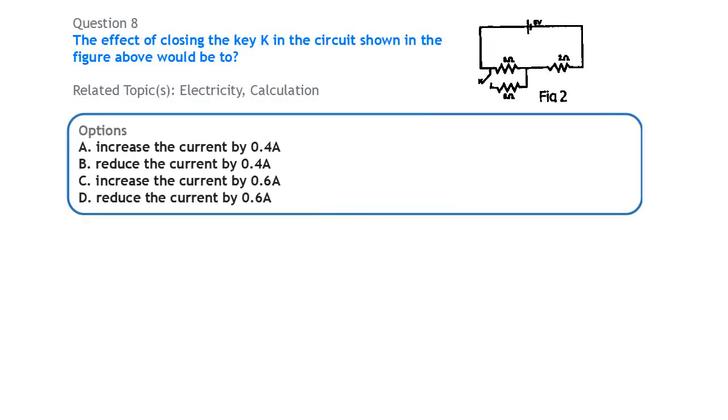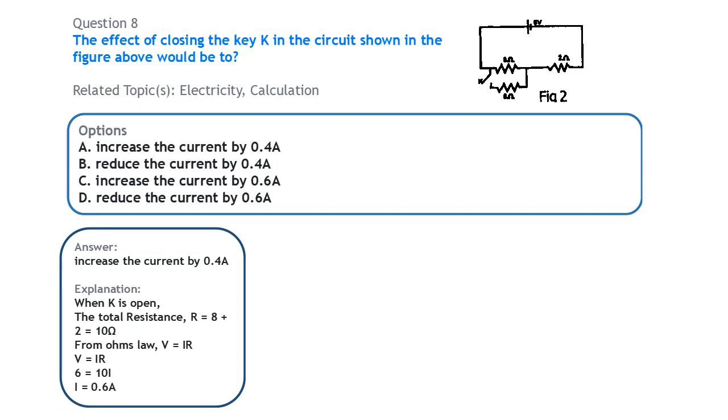Alright, the next question is on electricity. The question is, what is the effect of closing the key K in the circuit shown in the figure above would be to. So the question is, if the key K here is closed, what is going to happen here? Now, if the key is open, if the key is not closed, what happens here is these two